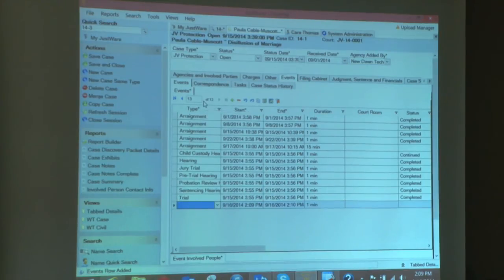row of data. Okay, so if you're, and we're going to talk a little bit more about this, but in the Quick Start Guide, at the end of the Quick Start Guide, it has every hotkey that JustWare has to offer. I only know about 3 of them because, as you saw earlier, sometimes if I hit a hotkey, you